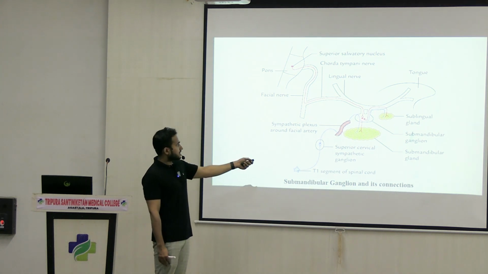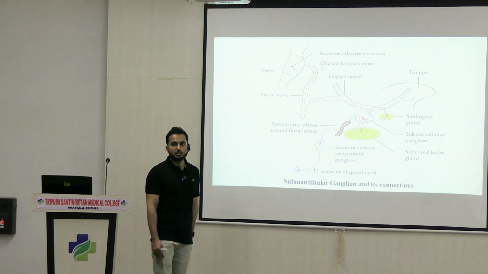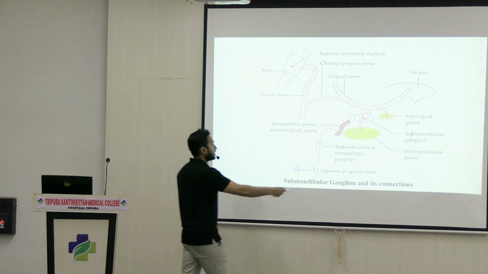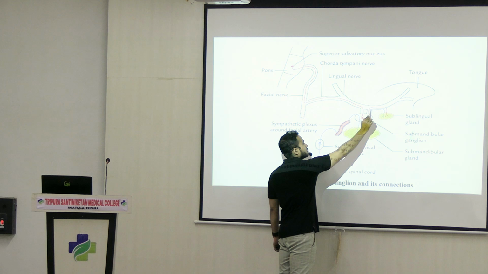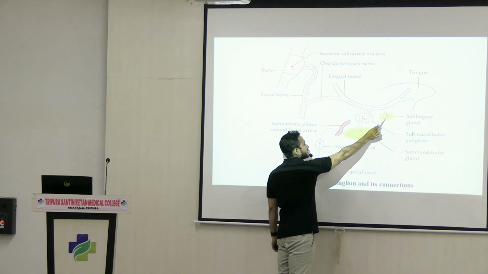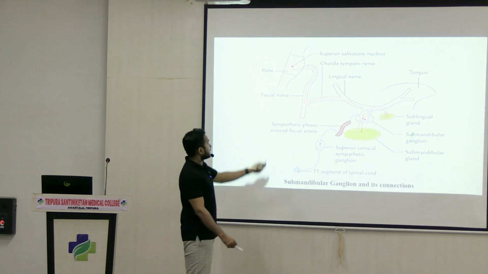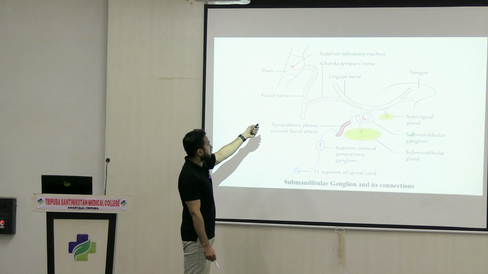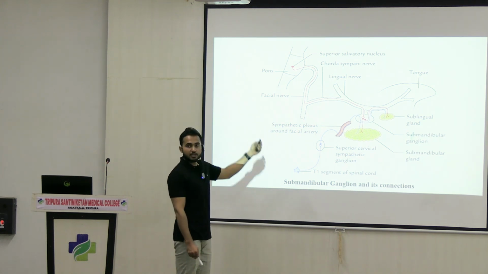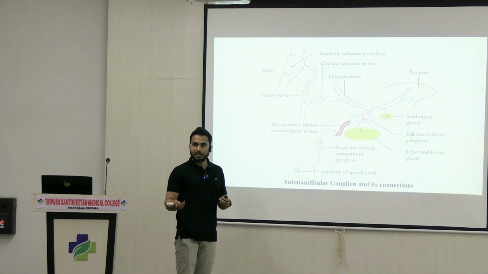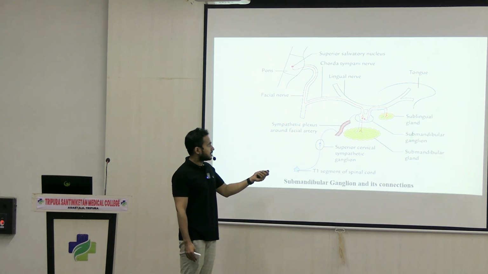Once it is relaying over here, what will happen after that? From here the postganglionic fibers which come out will go and supply the submandibular gland as well as the sublingual gland. So this is the ganglion. The fibers coming out from the ganglion, the postganglionic fibers, will supply both the sublingual gland and the submandibular gland. From the superior salivatory nucleus up to the ganglion, these are preganglionic fibers, and the fibers coming out from the ganglion are postganglionic fibers, which directly supply